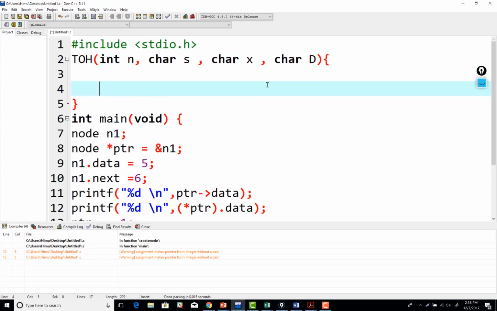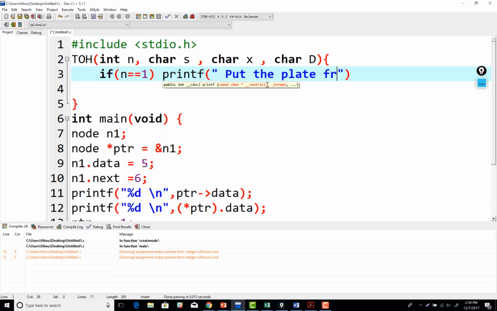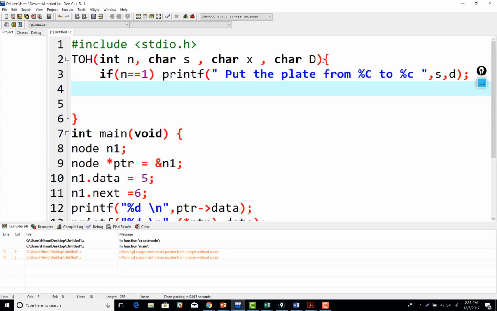So I can just write: if n equals 1, then printf "put the plate from %c to %c", comma, source to destination. You can take character or string, whatever you like. Make it a small d. Okay, else